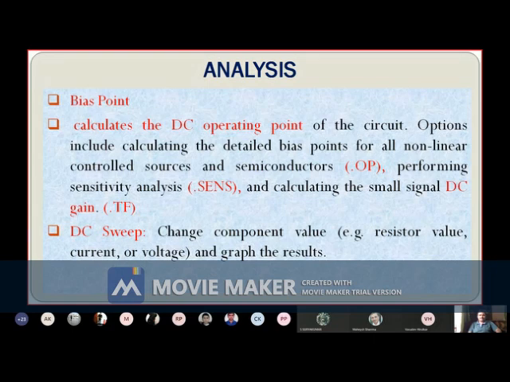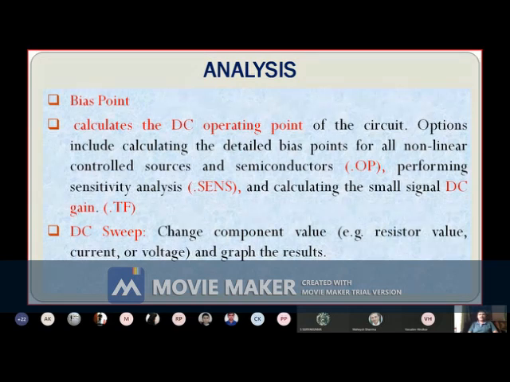Similarly, if you go to an electronics engineer or some expert, he will measure certain parameters of the circuit, like voltage, current, resistance, impedance, frequency, and from these readings he will know that this is the circuit of an amplifier, attenuator, or oscillator. So similarly, you need to know what different analyses are given in PSpice or simulation softwares.